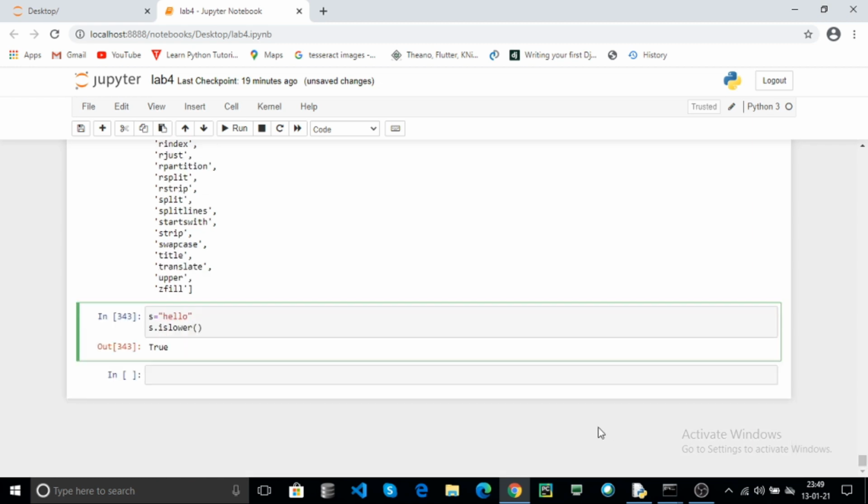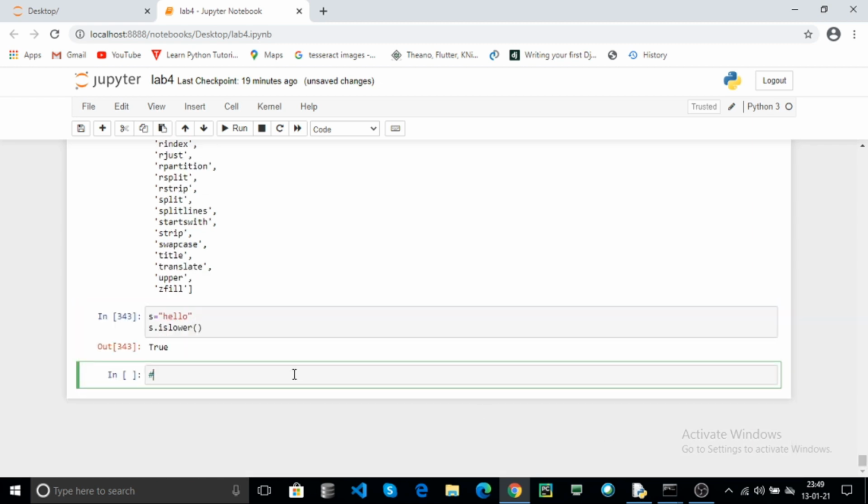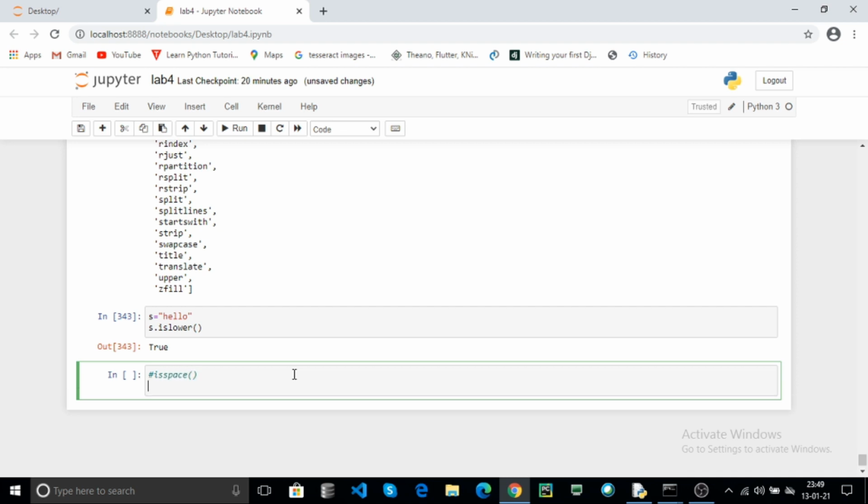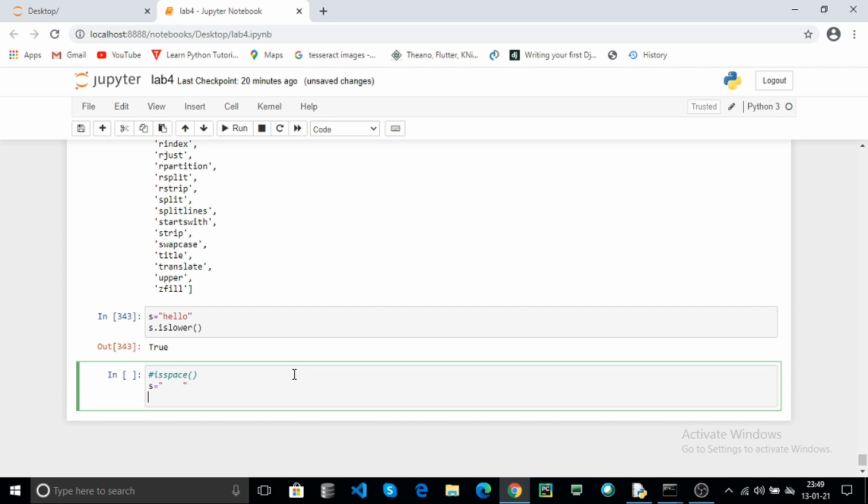And is space. If your string contains all the spaces, for example, check s dot is space. Here it returns true.